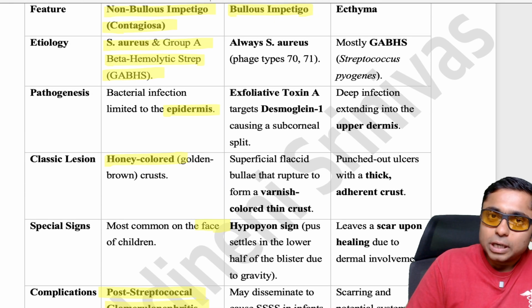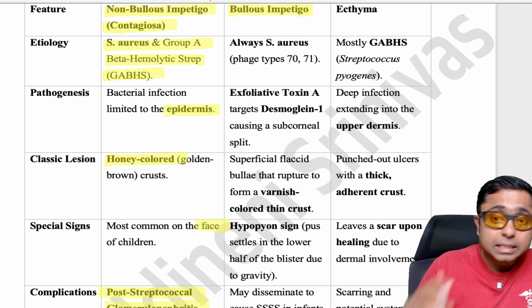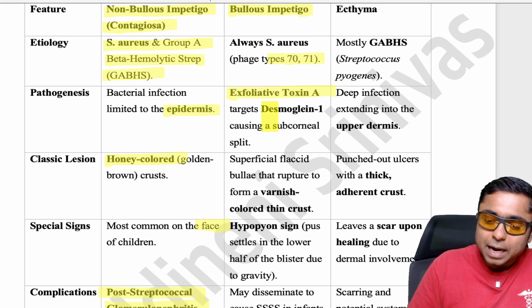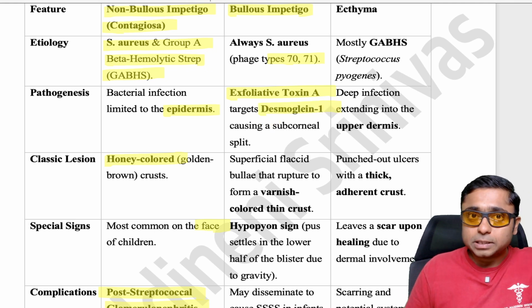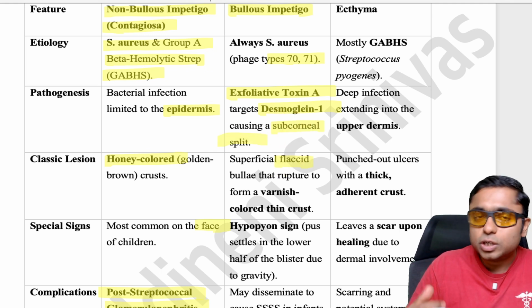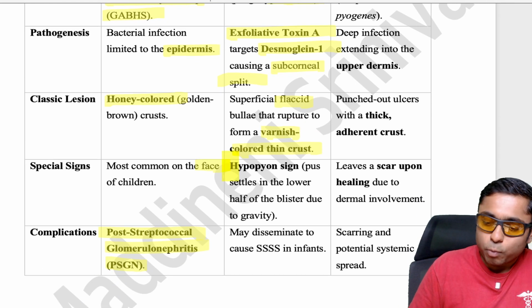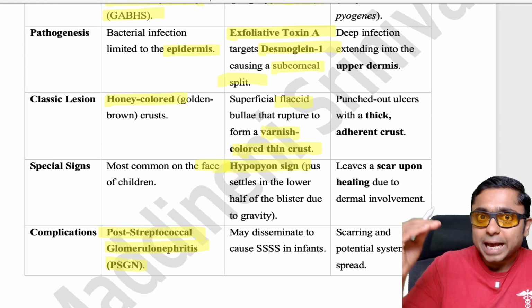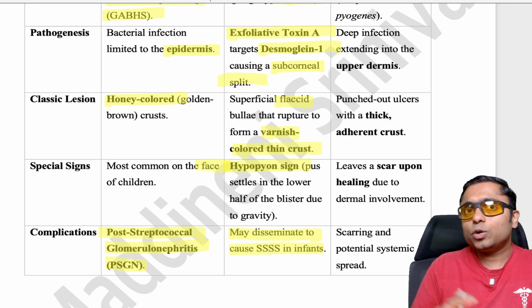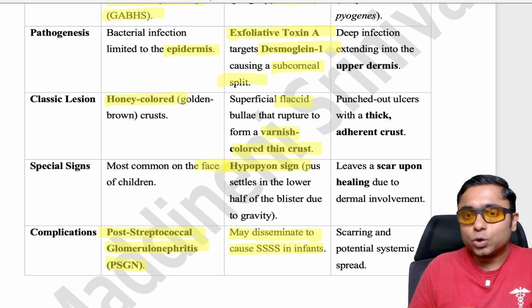Coming to bullous impetigo, remember it is always Staphylococcus aureus, the 71 phage types, producing the exfoliative toxin A and B, which targets desmoglein 1, which is present in the upper epidermis, producing the subcorneal split. That's the reason why there is going to be a flaccid bullous lesion which may rupture and produce a varnish colored crust, which is a very important point. And there's going to be a hypopyon sign. The air pus level will be there,